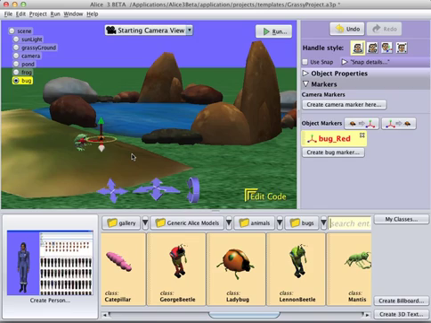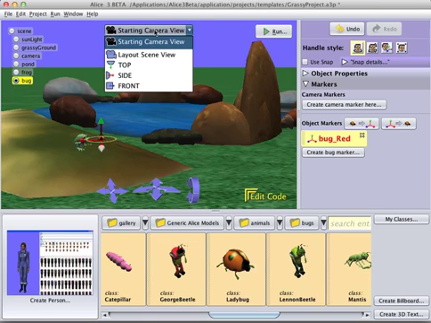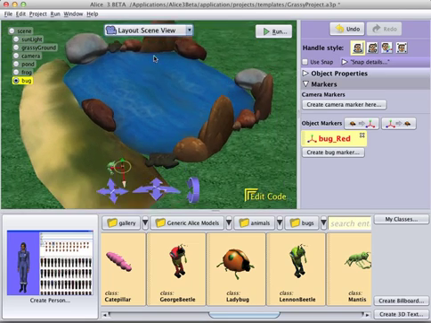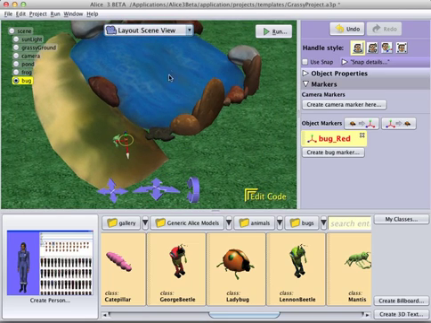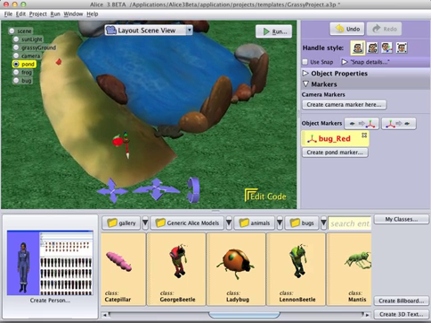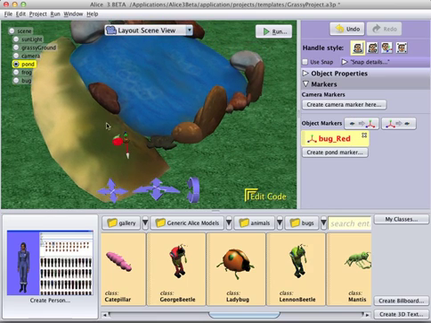But what we would also like to do is mark our beginning position, because that's probably also the same place that we will just have the bug carry the frog to before dumping it in the pond. So I'm going to go to the Camera View menu and select the Layout Scene view. From this view, I can now grab the bug, not grab the ground, and that's a problem. I don't want to do that. So I grab the bug